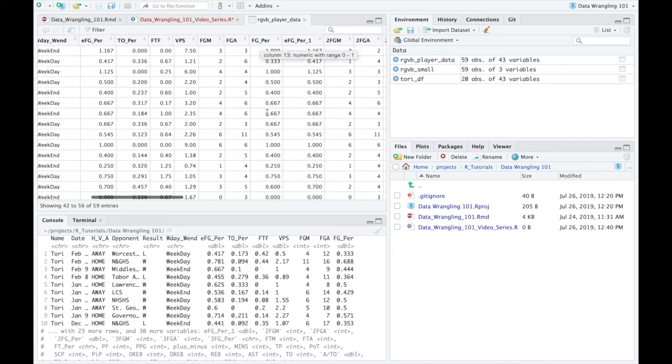Okay, and you can see that these percentages are actually listed as proportions because they're from 0 to 1. And it might be easier for an audience to see something as 33% as opposed to 0.33. So we're going to need to create a new column so that essentially what we're going to do is take this 1 and multiply it by 100. Take 0.33, multiply it by 100, and do that for every single row, every little item underneath the field goal